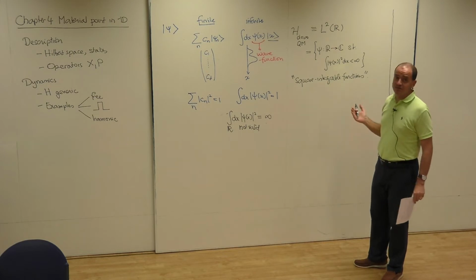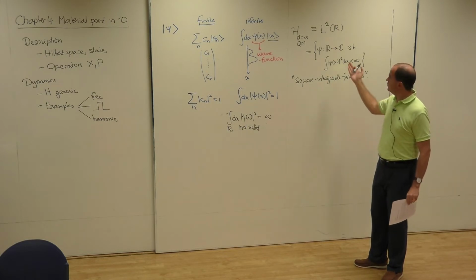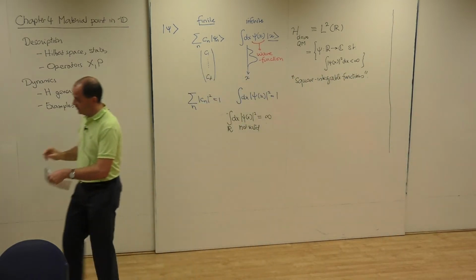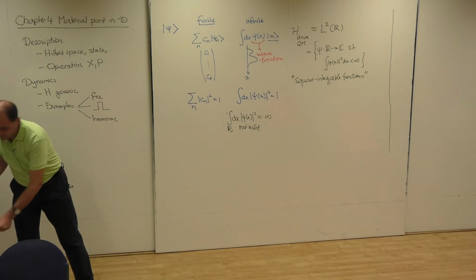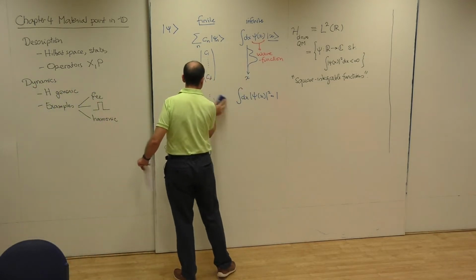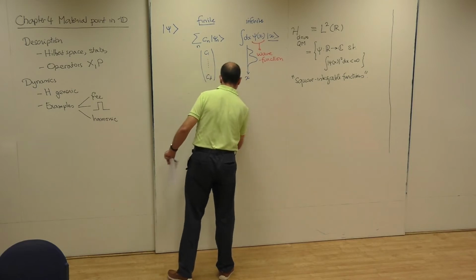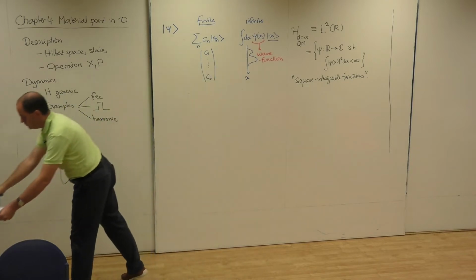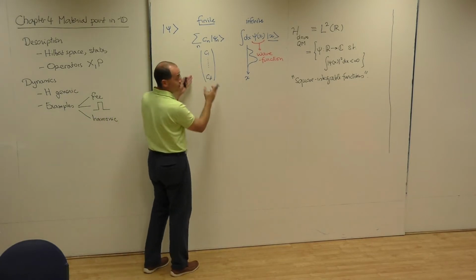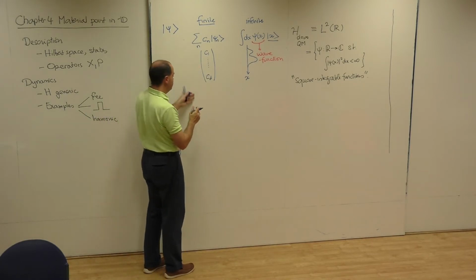Okay, now you may ask, what is the scalar product between two vectors in this space? Let's again compare the finite and the infinite dimensional cases. I will write it here. So in the finite dimensional case, remember that if I have a basis, in this case a particular basis,